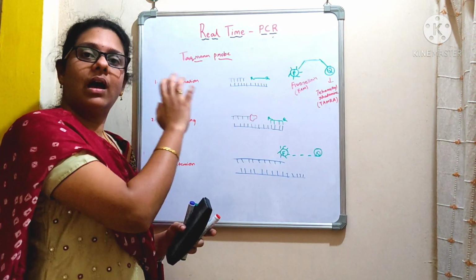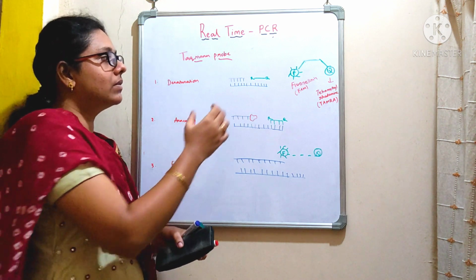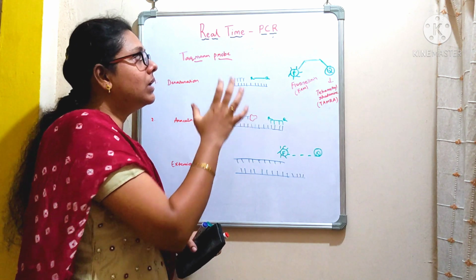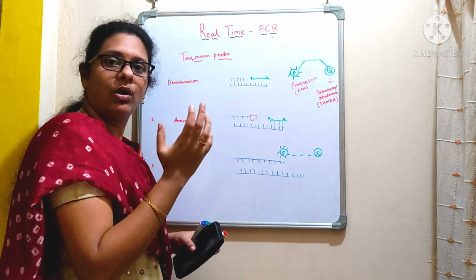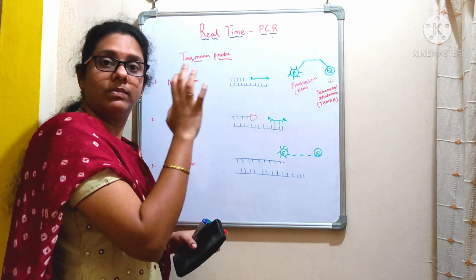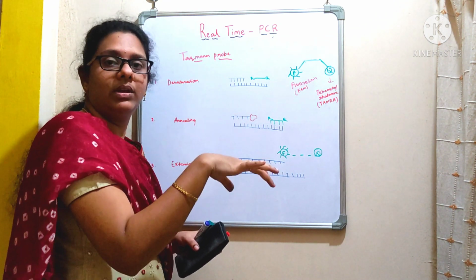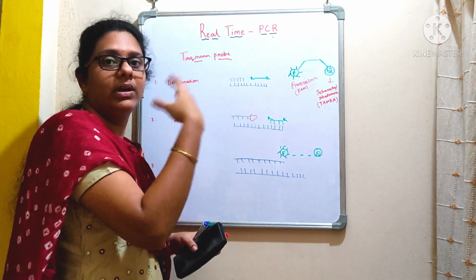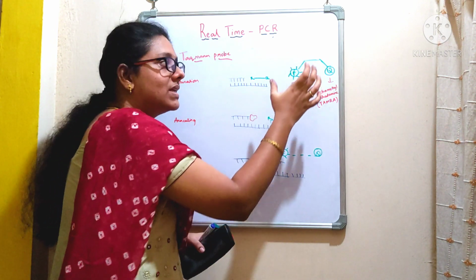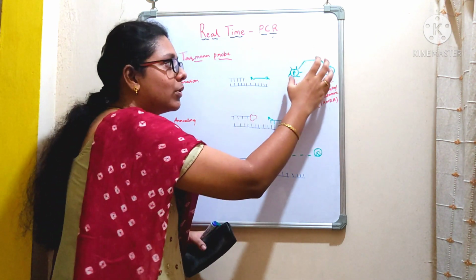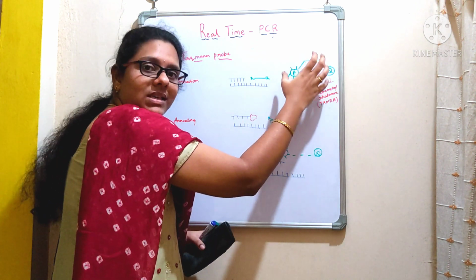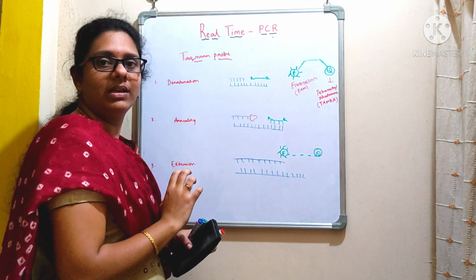Now let's discuss how this TaqMan probe works. If you look into the picture of this TaqMan probe, when we go with the real-time PCR, as we all know, we are going to design a primer based on the sequence information, because it should be complementary to the DNA sequence. Once it binds, it is going to initiate the process of DNA synthesis, right? And here we are also going to design a probe. This probe should also bind with the DNA, and it should possess a sequence that is complementary to the DNA sequence.